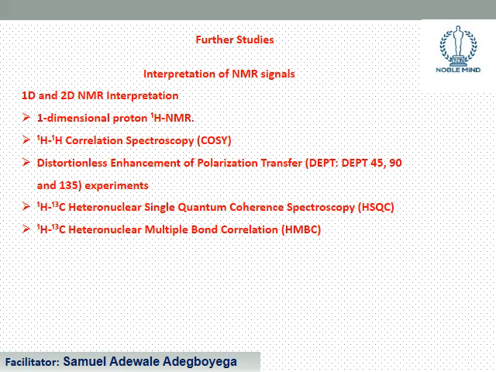You may read about correlation spectroscopy, COSY, and distortionless enhancement by polarization transfer, DEPT. We have DEPT 45, DEPT 90, and DEPT 135, and they are experiments on their own. So we have HSQC, we have HMBC. All these are interesting experiments,